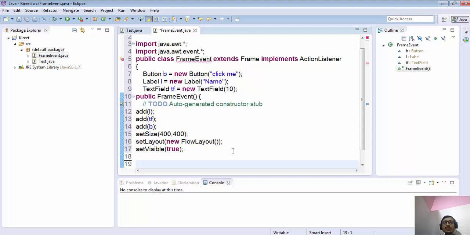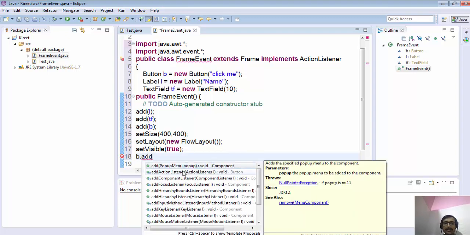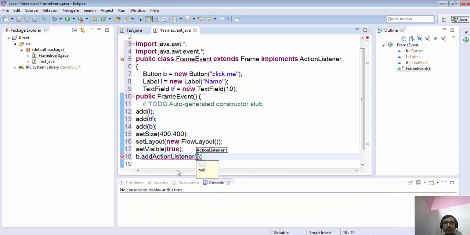So we have to register the object of our class to this component. We write b, the object of button, dot addActionListener, and inside this we have to pass the instance of the current object.